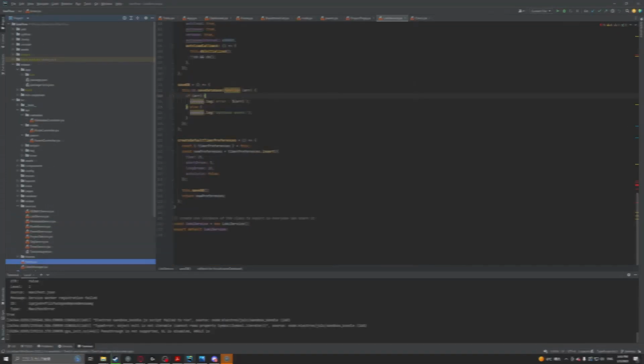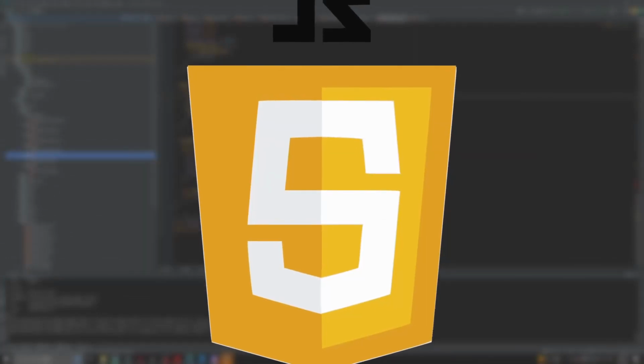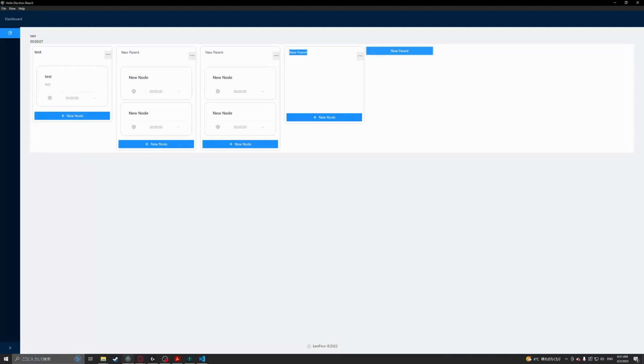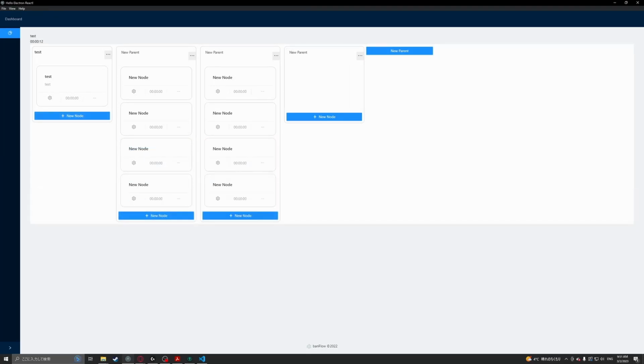I am somewhat trying to replicate a mono-view controller architecture without the hard models as I'm using JavaScript. I think I'll switch to TypeScript in order to add type checking and to make things easier to develop in the future, but that can be its own separate overhaul video. Throughout the app, I have broken things into smaller components, cleaned up logic, and used our controllers to CRUD data instead of doing this directly through Loki. This will make it easier in the future to diagnose issues as I plan on adding logging at some point